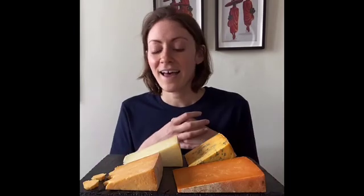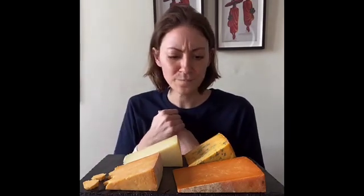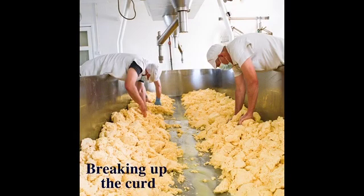So you'll get the milk in and you'll add the starter cultures, which kicks off the fermentation process. And then you'll pause and they can go and make breakfast or get the kids off to school. And they'll come back and be able to cut the curds after the rennet's been added, and then allow those to drain out and again, take another pause, go and make lunch and so on. So it's a style of make that really has some flexibility in it to work around other errands and everything,